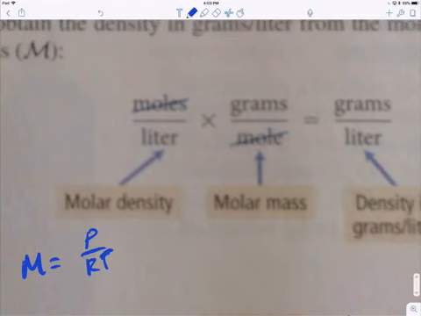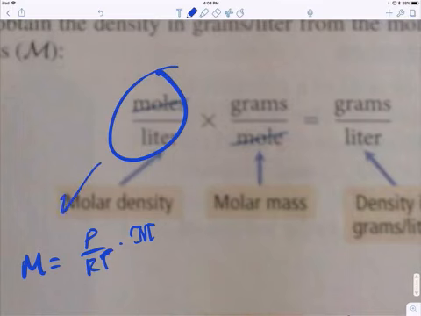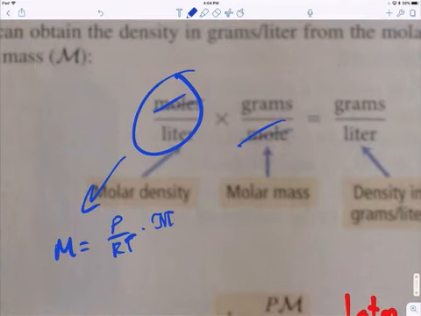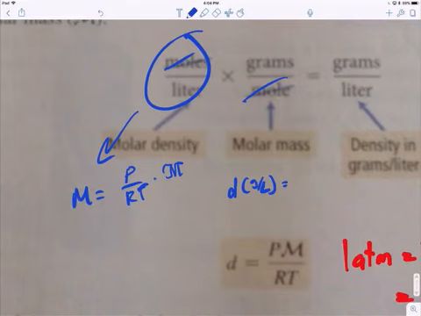And we can multiply both sides by grams per mole. So grams per mole is molar mass. So times molar mass there. I'm just going to write, as my calligraphy M there, is molar mass. And then this moles per liter, we multiply it by grams per mole. The moles cancel, and we're left with grams per liter. So